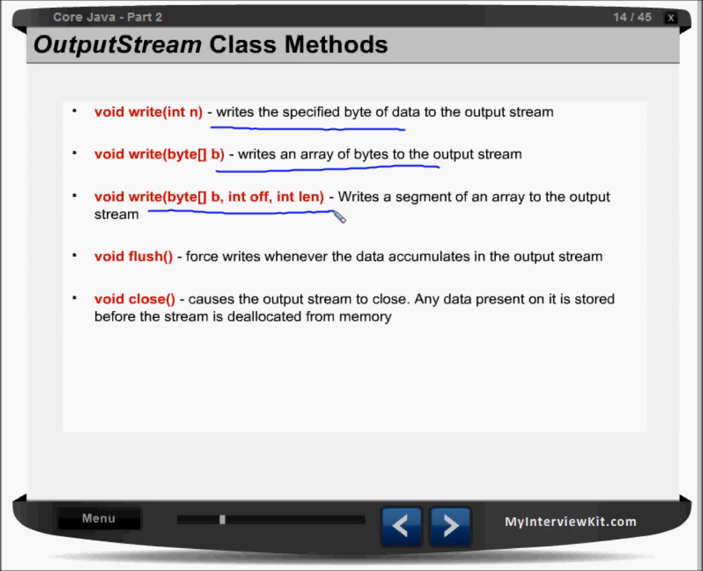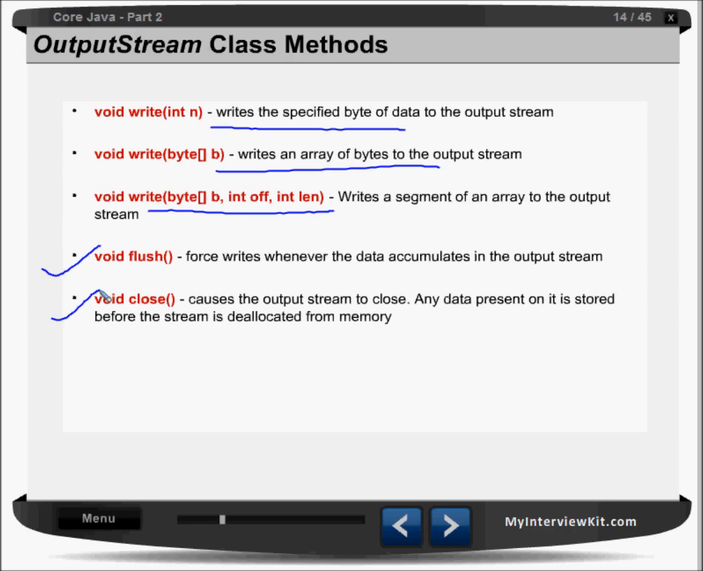So we can give the position, that is the offset, and we can give the length, that this much length I want to write only. So for that sake we use write, and these three arguments we have to pass now. Next we have void flush, which helps you to write or force writes whenever the data accumulates in the output stream. Okay, and void close will help you to close the output stream and whatever associations happen with the object,